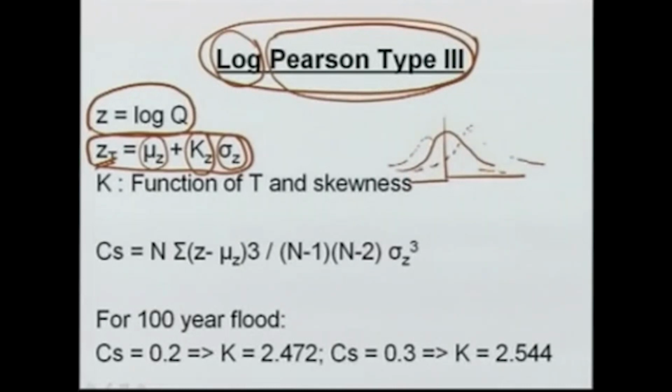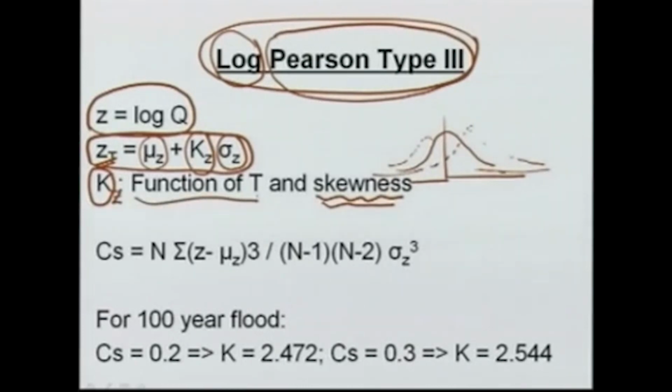There may be a long tail on the negative side, or there may be a long tail on the positive side. So, that will give us some skewness, and the function k z, which we have here,